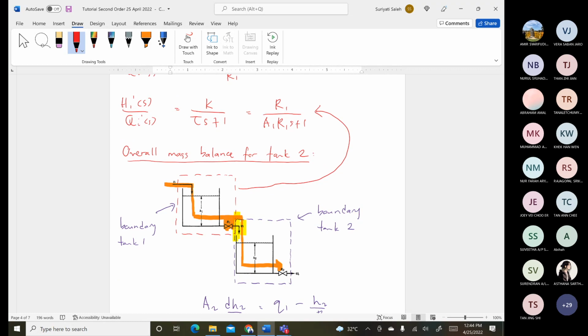So you draw the boundary. It's better to include the valve for the first boundary, and for the second part, normally we include the second valve. It's better to include the relationship inside our equation. Why? If we try to develop, let's say here,